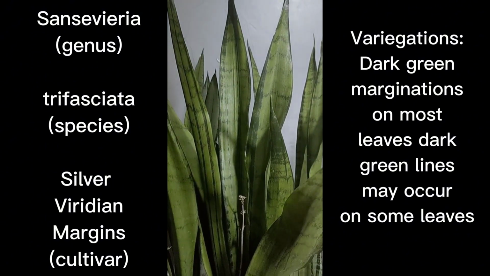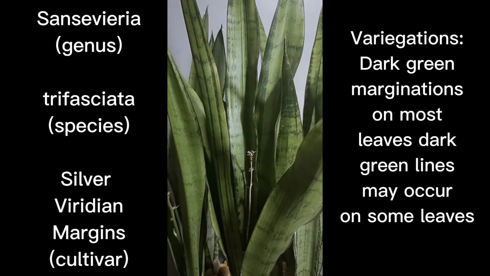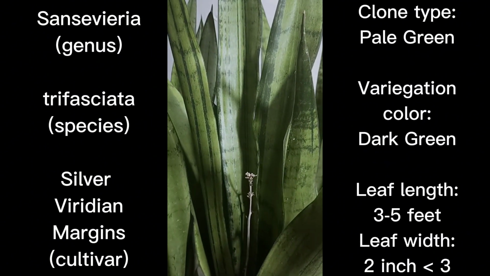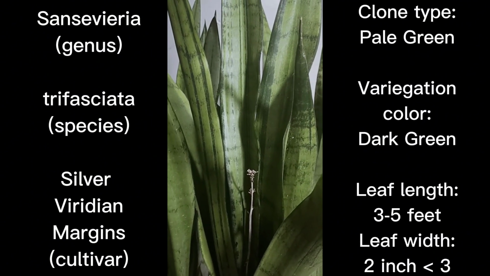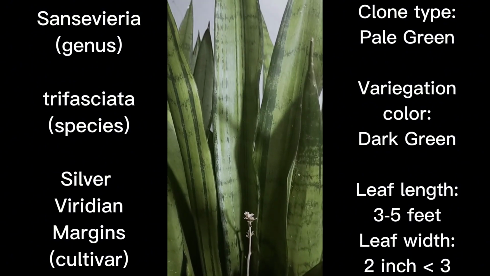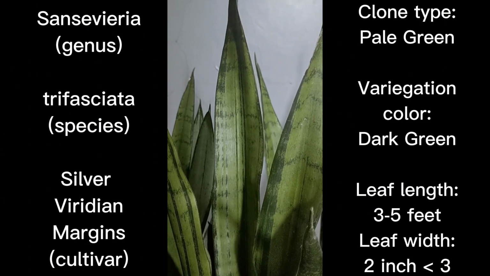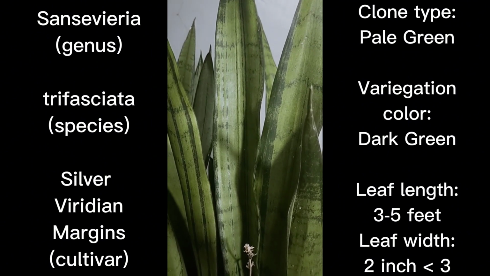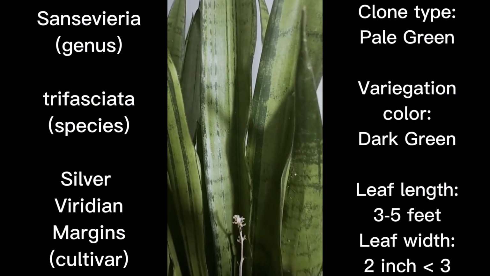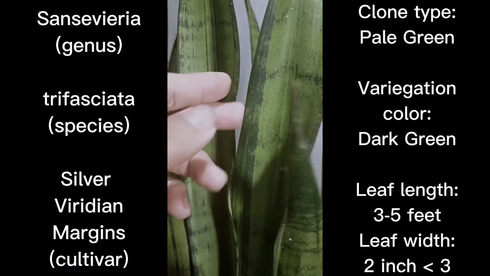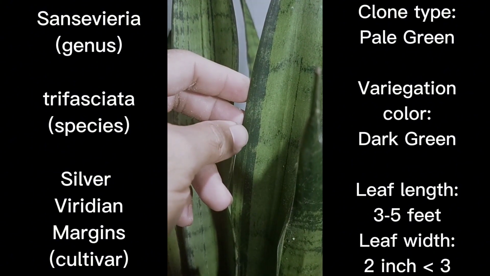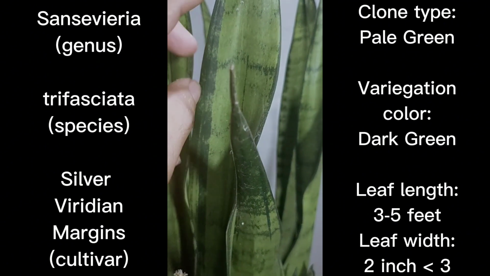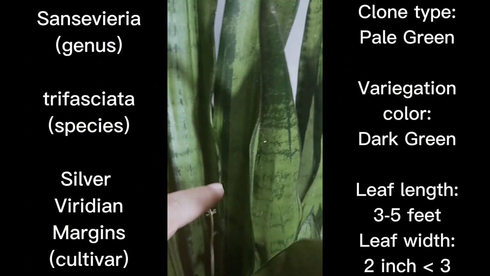So as you have noticed, it is one of the pale green clones of trifasciatas. They are pale green in base coloration, as compared to the other trifasciata cultivars that I've already shown you. And what is unique about this cultivar is that it has a margination of a very dark green color as compared to the base color of the leaf itself. And notice that it has minimal bandings